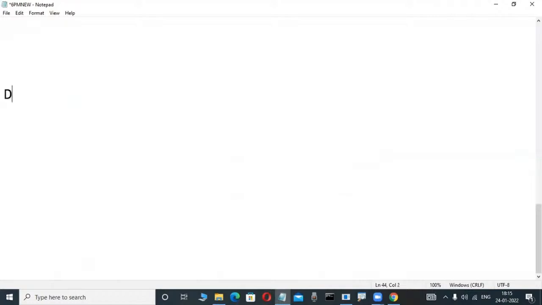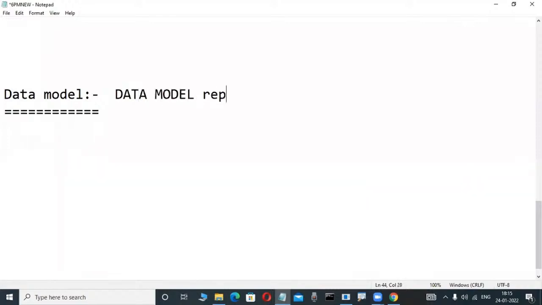It's easy, data model. Anybody have an idea? Are there any computer students? They are well-known people. Don't write anything; these are demos. Okay, data model. A data model represents how data is represented. A data model defines how data is represented